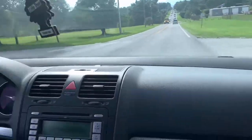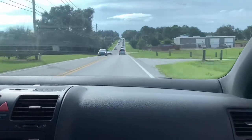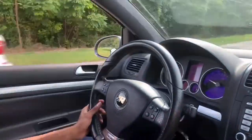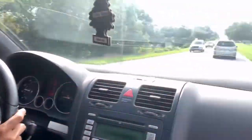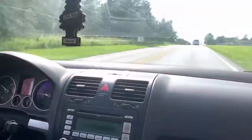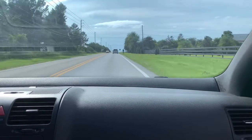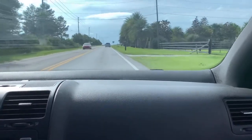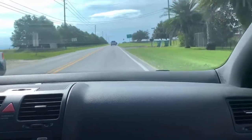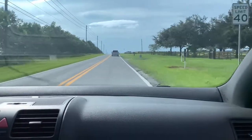Alright guys, we're going to a kind of high mountain road here. In a little bit, we're just cruising right now. We got a bunch of cars in front of us, so I was going to do a nice little roll for you guys here. Wow, we got caught in traffic here. Yeah, guys, we're almost at the top of this hill here. Hopefully I'll give these cars enough space so you can do a nice little pull here. Let me get one for you guys here. I'm not even doing it the red line, so